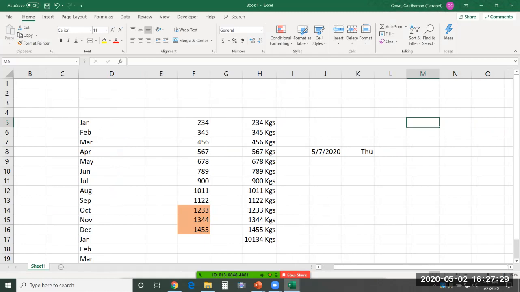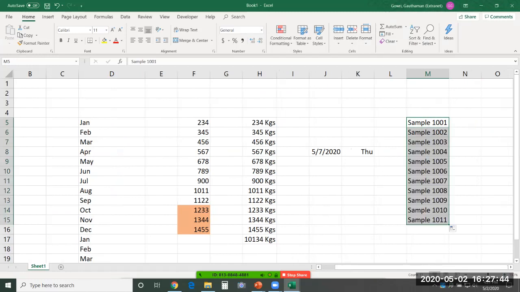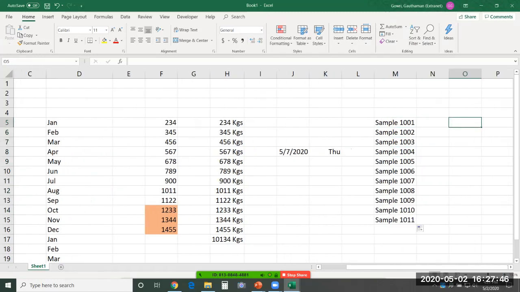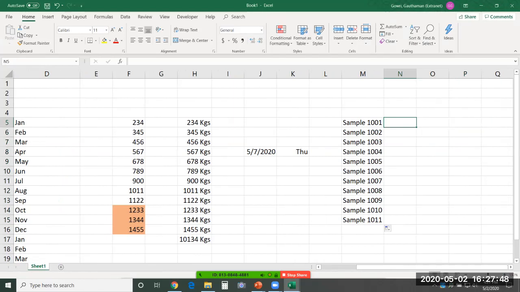See, I have got some data over here. Let's say like, so I have some product names like this with the ID of the product. Suppose I would like to split them. So you will be using some formulas for it. So you don't have to break your head and provide some formulas and get this done.